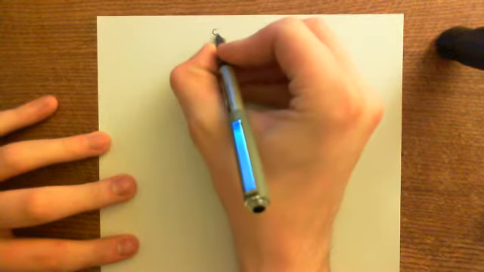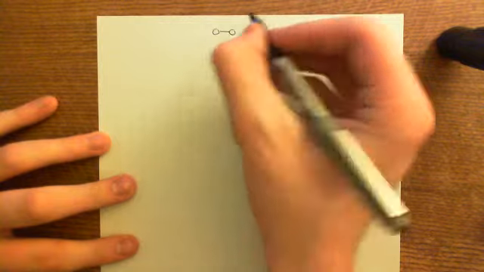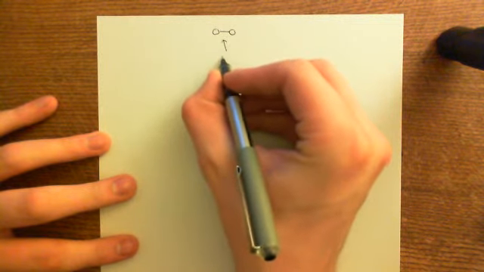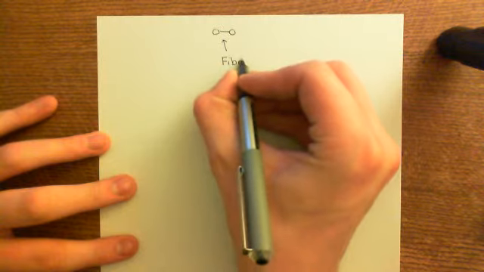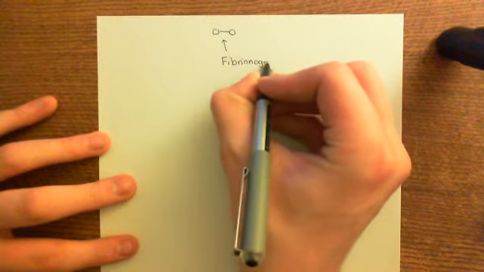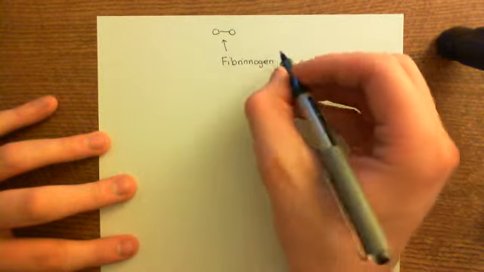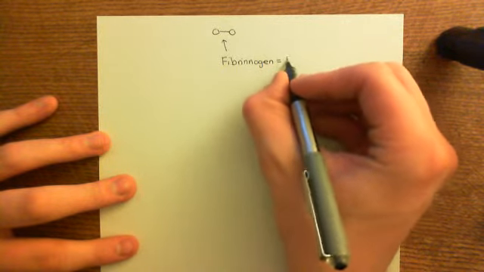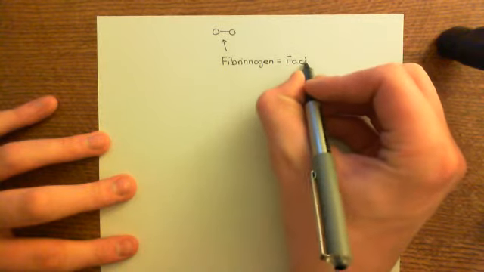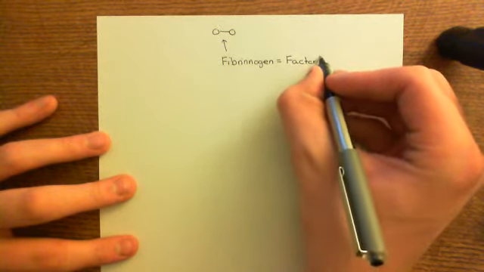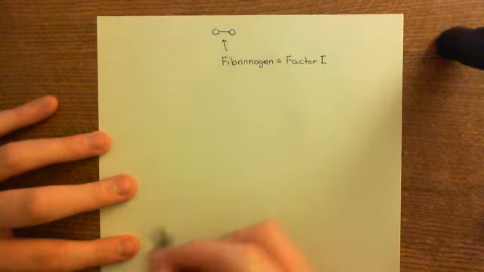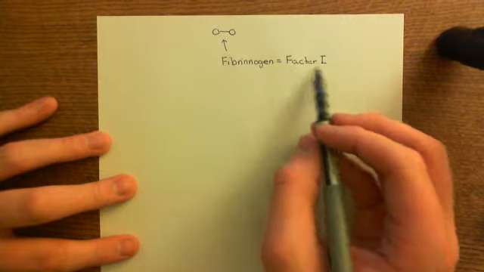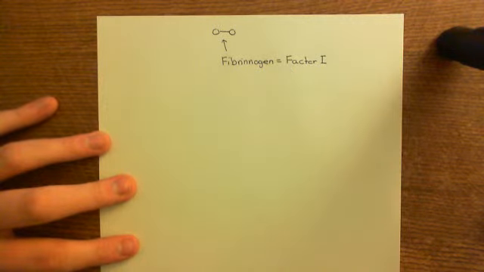Basically, if we draw the protein fibrinogen, and fibrinogen is a player that we're going to see again later, fibrinogen looks kind of like this. So this is how we will draw, at least in cartoon form, the protein fibrinogen. Now, fibrinogen is a component of the blood. It's a protein that's produced by the liver, and it's within the blood. It is actually a clotting factor, and its other less used name is factor 1. So it's clotting factor 1. You won't generally hear fibrinogen called factor 1, but if you're wondering what factor 1 is,